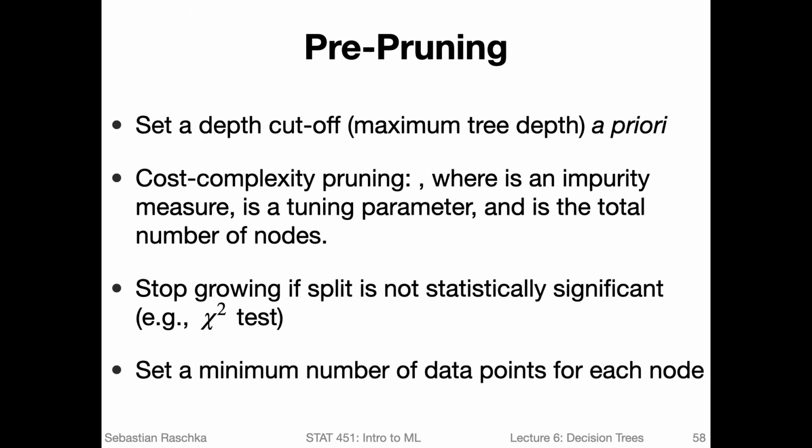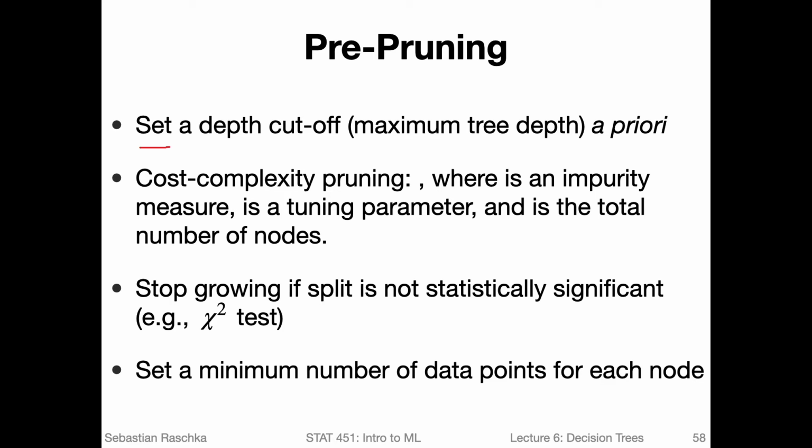So one of the ways that we can address overfitting is by pre-pruning. Pre-pruning here means that we prune the decision tree before we grow it. Essentially it is related to early stopping, that we stop making the decision tree deeper. And many of these pre-pruning techniques are implemented in scikit-learn.